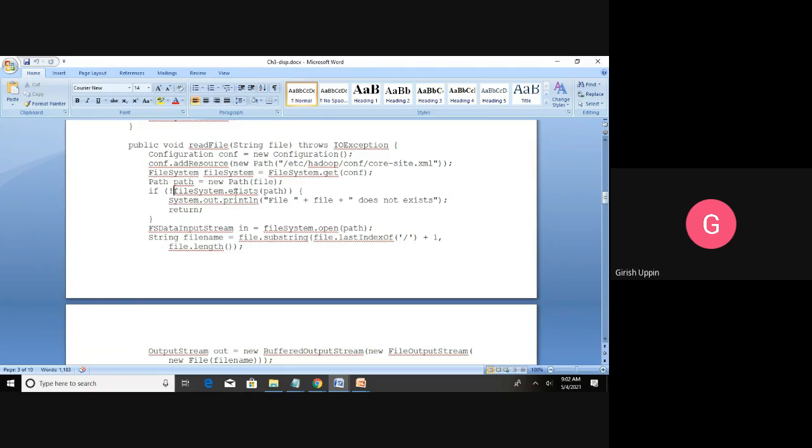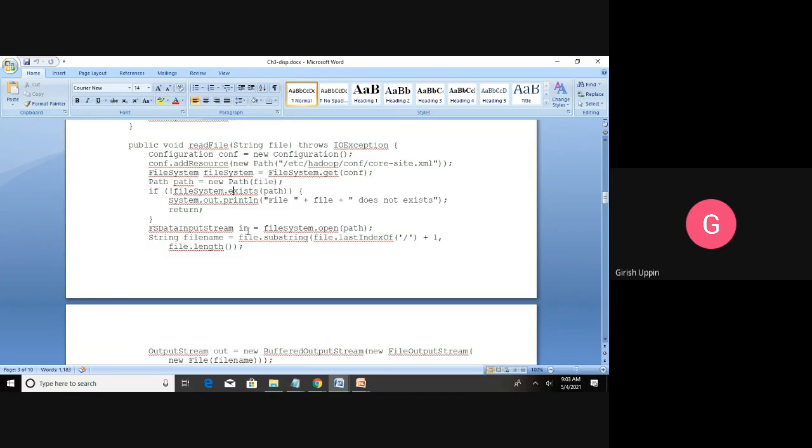Suppose file exists gives false, which means the file does not exist, and with the not on top it becomes true. Then we will print on the console that the file does not exist, and we will return. If it is present, it will come to the next instruction.